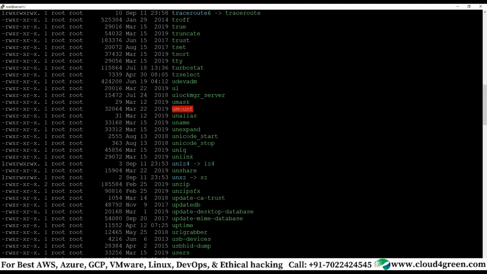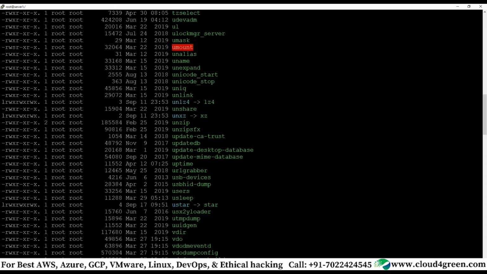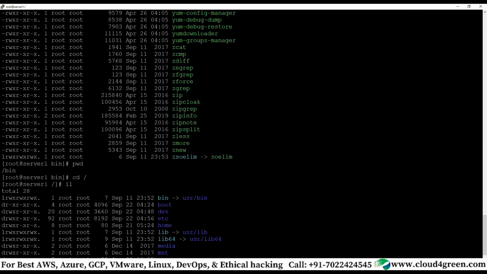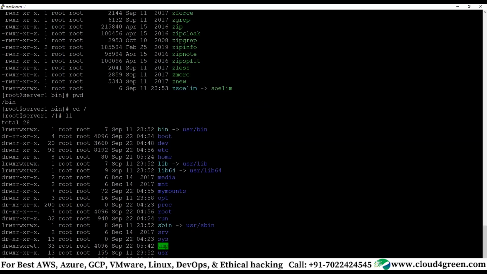For example, you see umask, you see uname, all those commands which a normal user can execute are stored in bin. Similarly, there is a directory called sbin. Earlier it was /sbin, now it has moved to /usr/sbin.